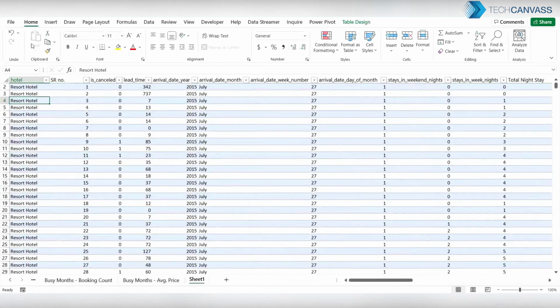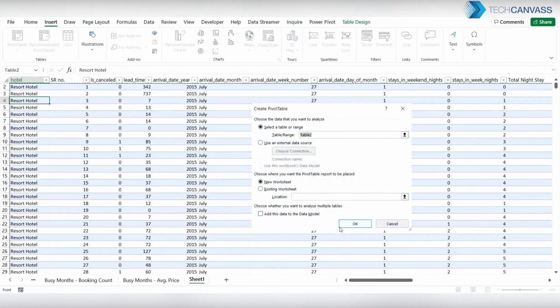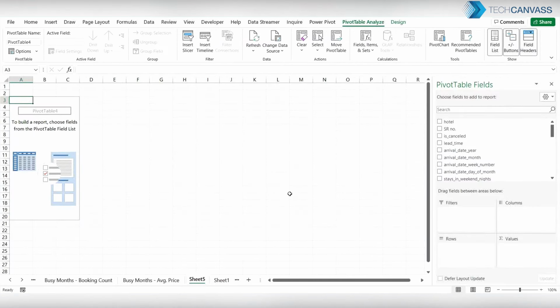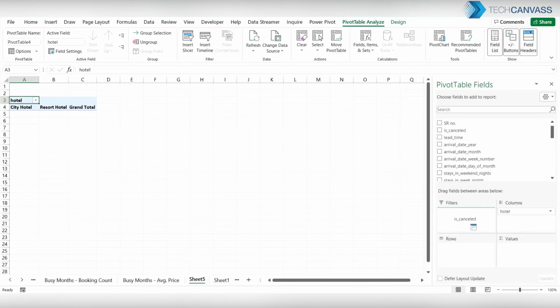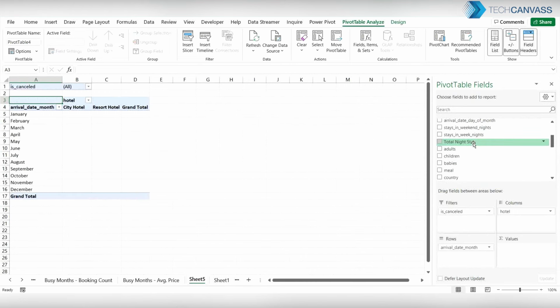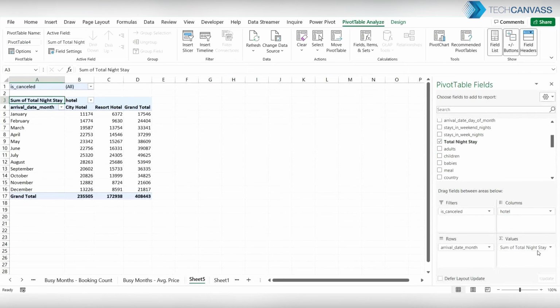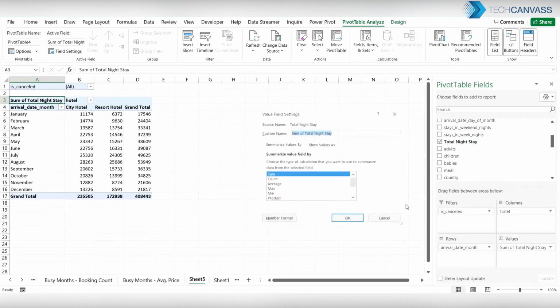And okay, one last pivot table. Now let's say we have calculated the total nights stay field here, right? Let's use that to find the month-wise average stay. So let's add hotel and is cancelled to filters again, and month-wise average total night stay.